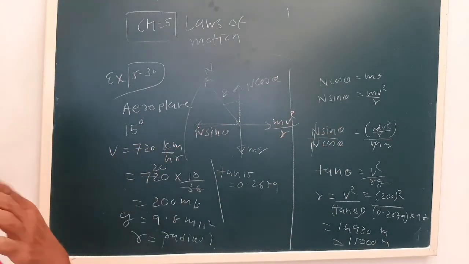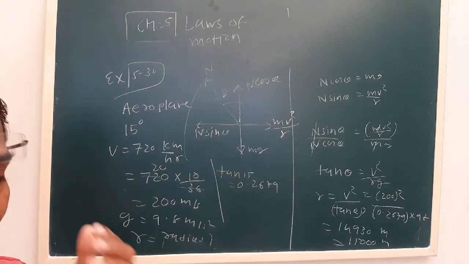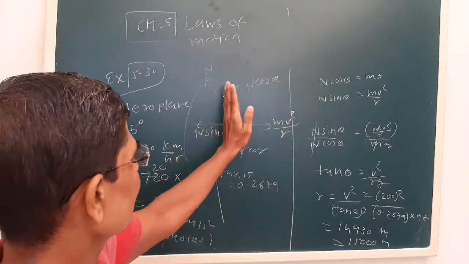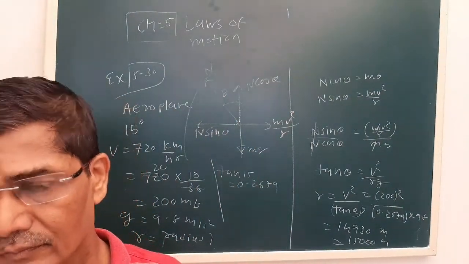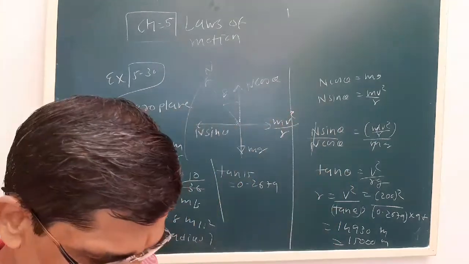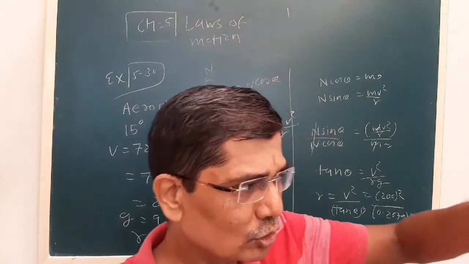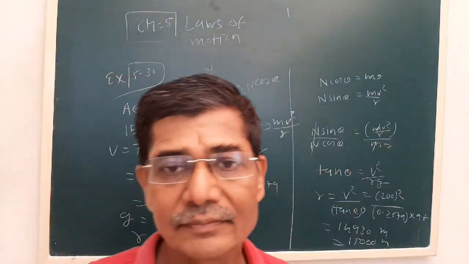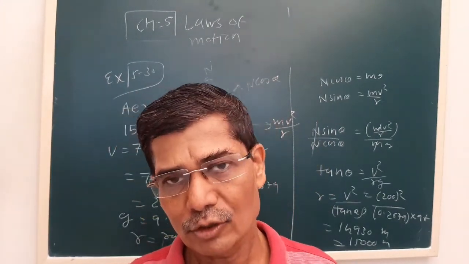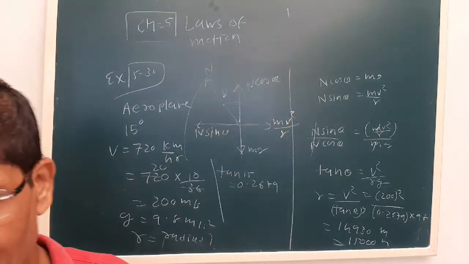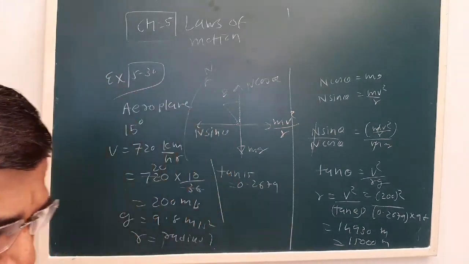Now, this is how we have to balance the forces when the motion is on a circular path but has some angle. You might have seen in the cycling race in the velodrome, a big place in the stadium where the cycling competition takes place, that the cycle is bent at some angle. There also, knowingly or unknowingly, some physics is there. I think you saw it in one of your favorite movies also.